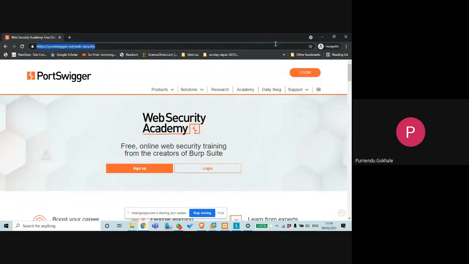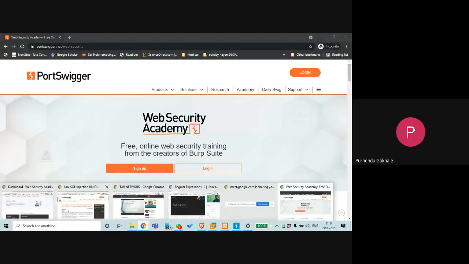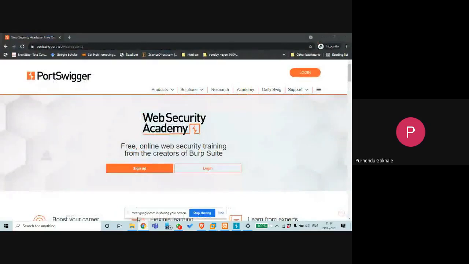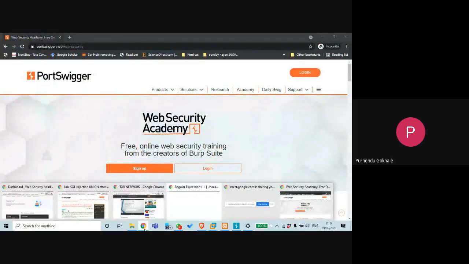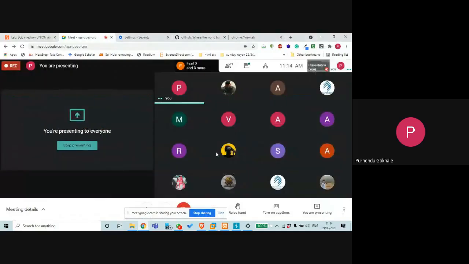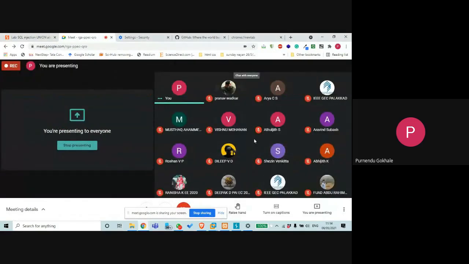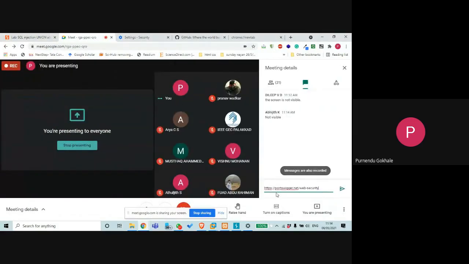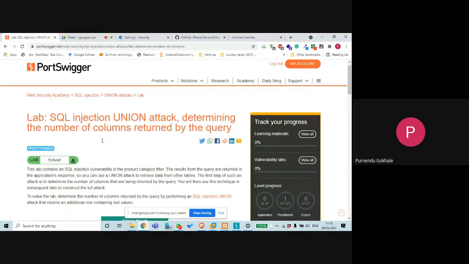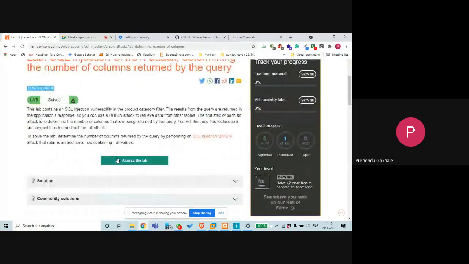You have to log in there, and this is the link. You have to create an account there. First create an account, and we will be doing the first task that is shared here, that is the SQL injection union attack. So I will access the lab.